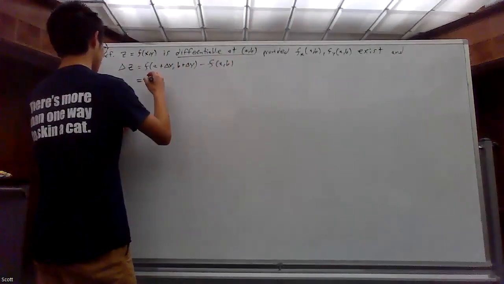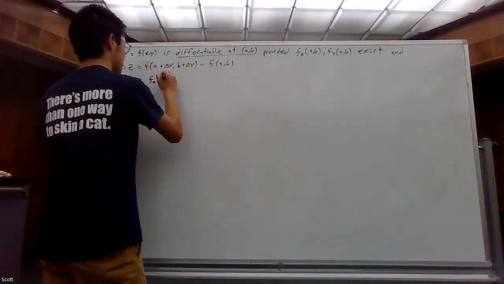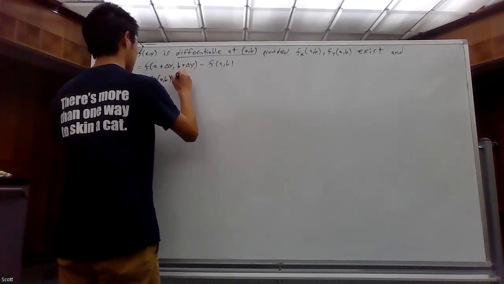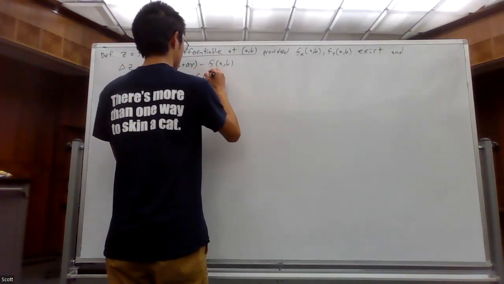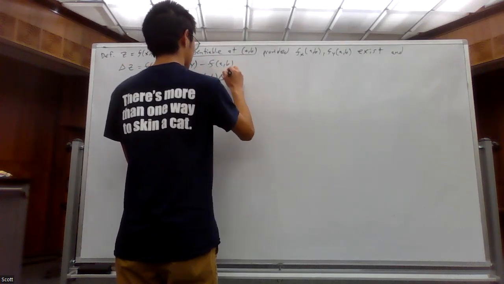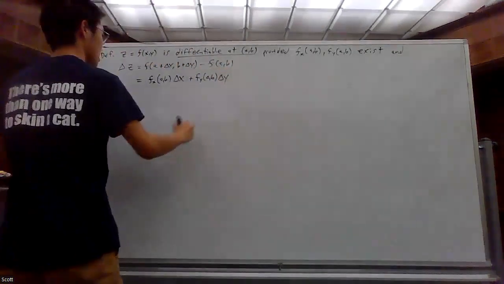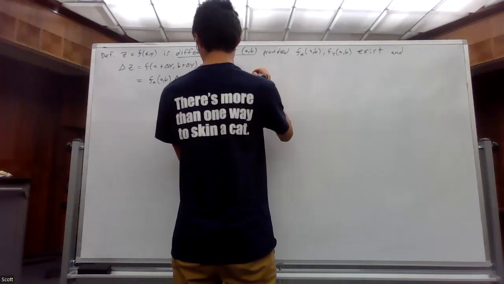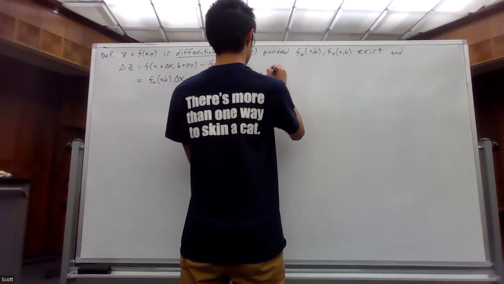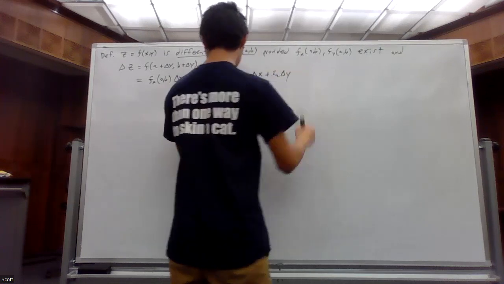If this can be written as f_x(a,b) delta x plus f_y(a,b) delta y, and then we accommodate for the leftovers: epsilon 1 delta x and epsilon 2 delta y,